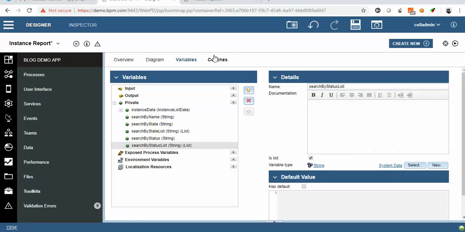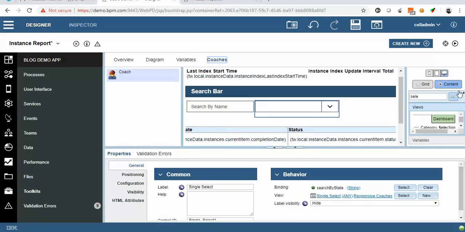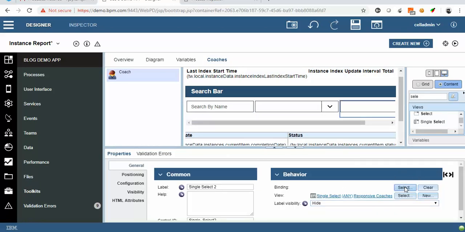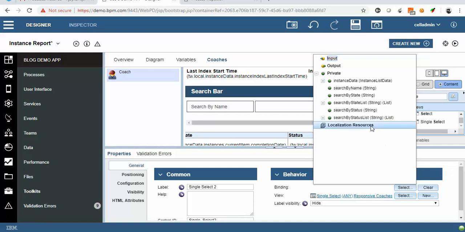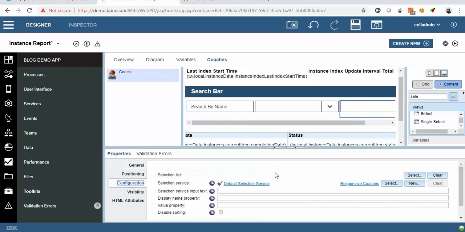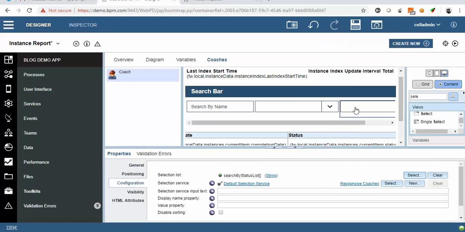And select it as page list. Now one more single select, and I will hide the label, and in the binding I am going to select search by status. In the configuration I will select the list as it is provided. Okay,